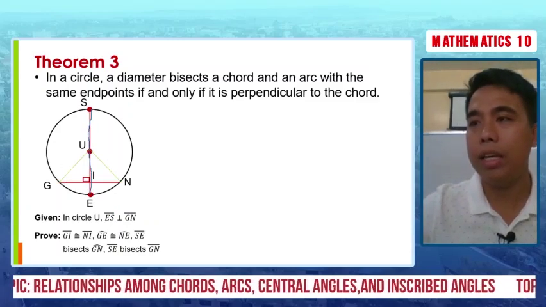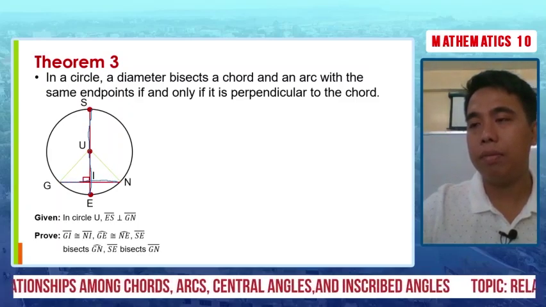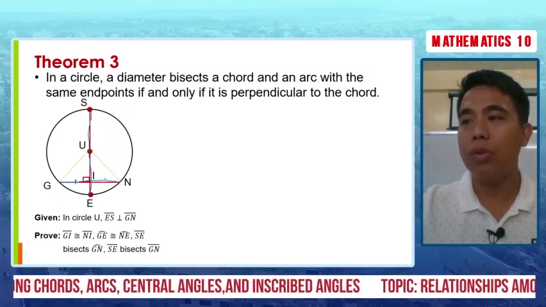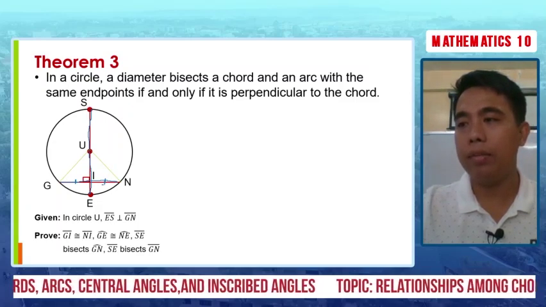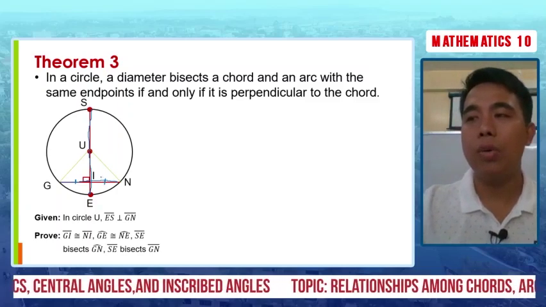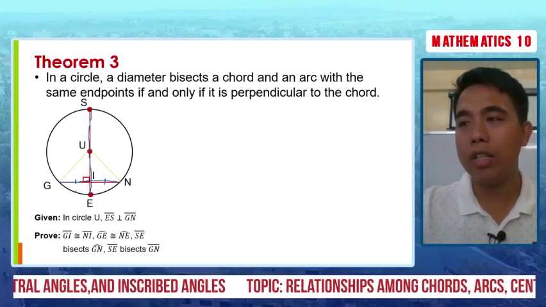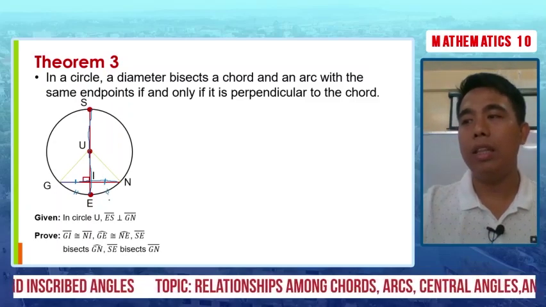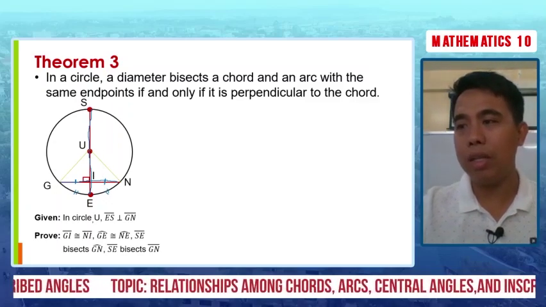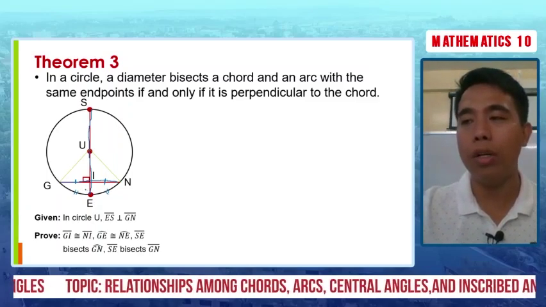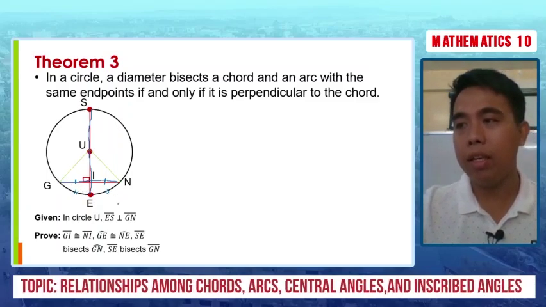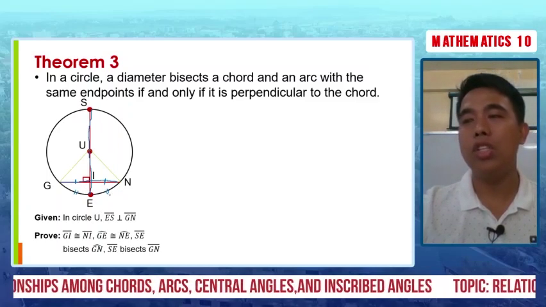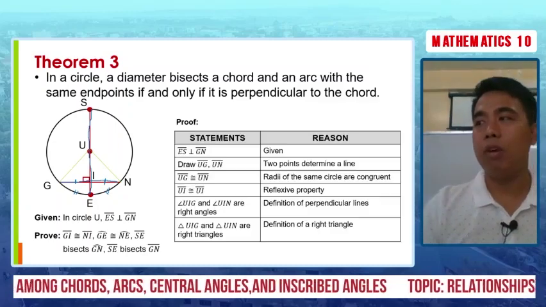perpendicular daw kay GN. Ang ipoprove natin, GI is congruent to NI. Another is, we're going to prove that arc GE is congruent to arc NE. And then SE, yung diameter, ibabisect daw yung arc GN. And then yung diameter din, ibabisect niya yung chord GN. So let's now proceed sa